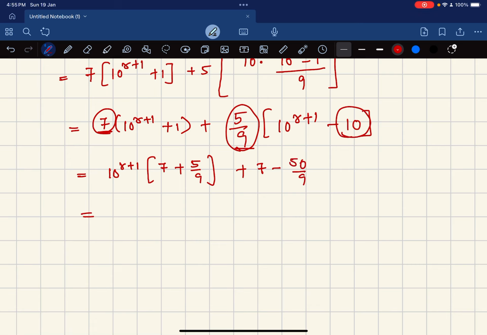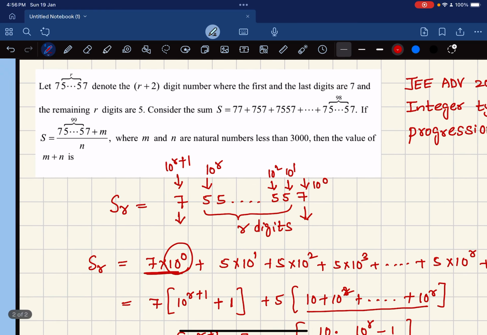So this will be 10 to the power r plus 1 times 68 upon 9 plus 63 minus 50, so 13 by 9. So this is simply 1 by 9 times 13 plus 68 times 10 to the power r plus 1. This number SR,